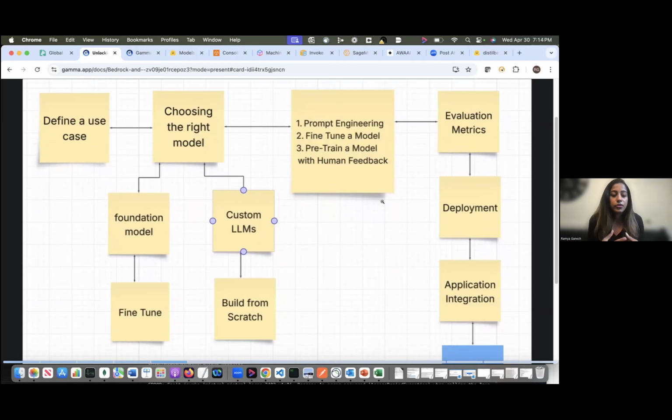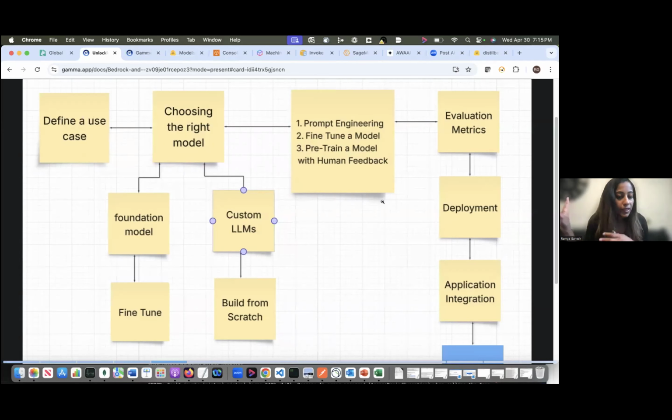We have two options there. Either we use the foundation model, the LLMs that we have, and we fine tune those LLMs, which is typically what many people use. Many of the startups and people who are doing projects use this one, where you're using an existing foundation model LLM and you either prompt engineer it or fine tune the model. Creating a foundation model takes a huge amount of data, data being the secret sauce of any model.